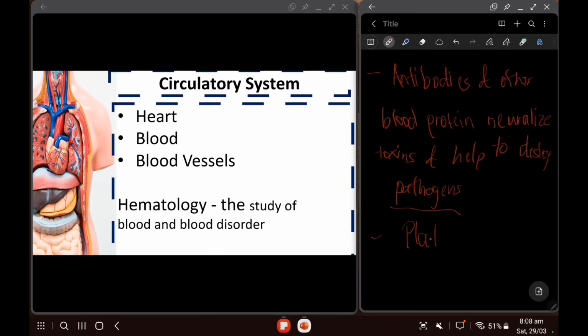Platelets secrete factors that initiate blood clotting